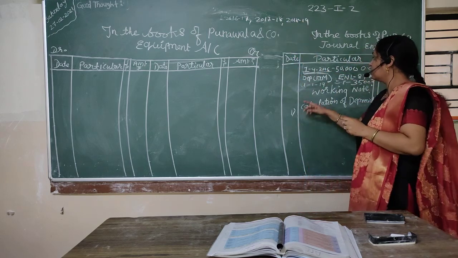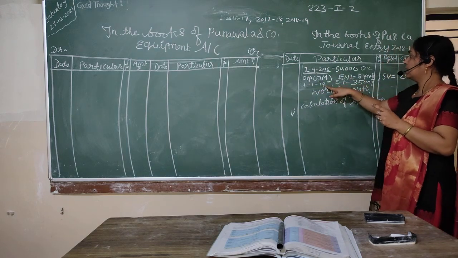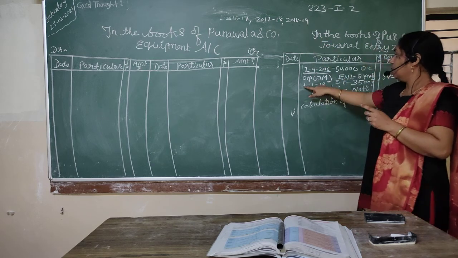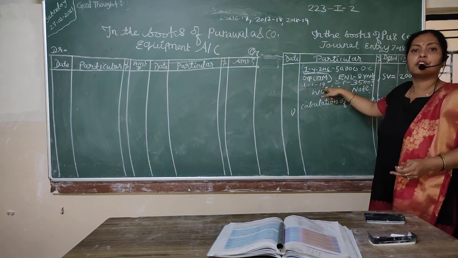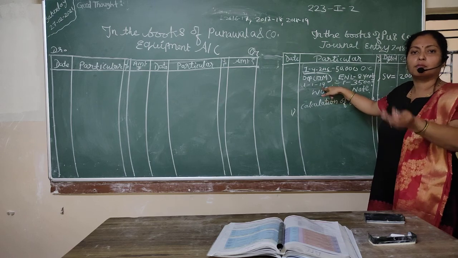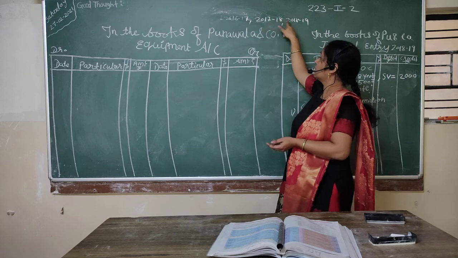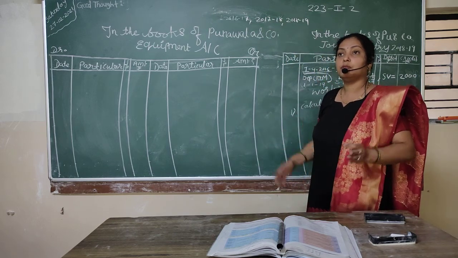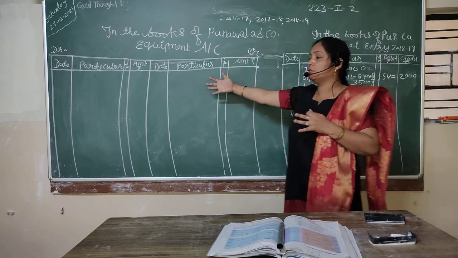We will prepare the equipment account and pass the journal entry for the third year, and the third year is our 2018-19, because in 2019 the asset is sold, so we cannot record any further transaction from the next year. So in this case we have to prepare 3 years' accounts. So students, as usual, we will remind ourselves of the journal entry and then try to post it into the ledger.